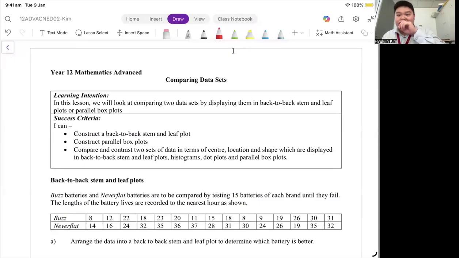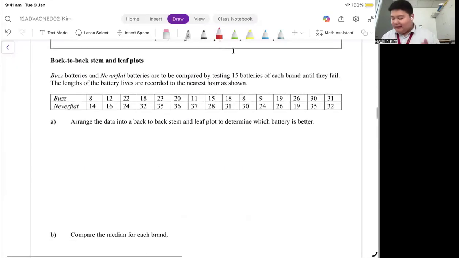Anyhow, very typical HSC question. They'll give you two box plots or two stem and leaf plots, whatever that might be, and then they say, compare box plot A and box plot B. And they will give you 2 marks to point out two different things. Now,